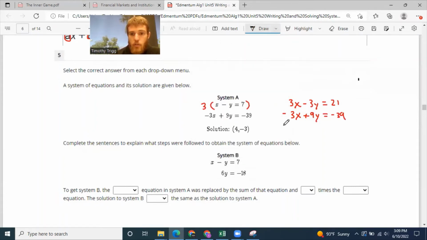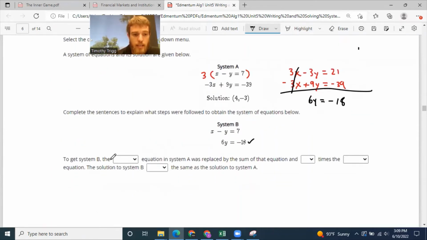Then if we add the two equations together, the x's eliminate. Here that gives us 6y equals -18, which is what they got here. Okay, so it looks like to get system B, the blank equation in system A